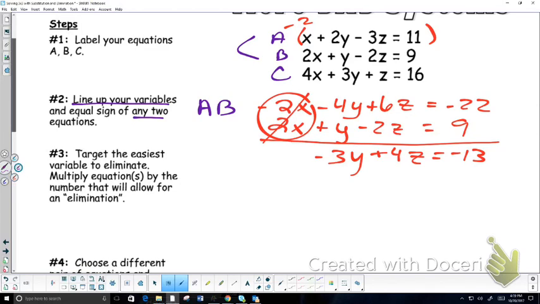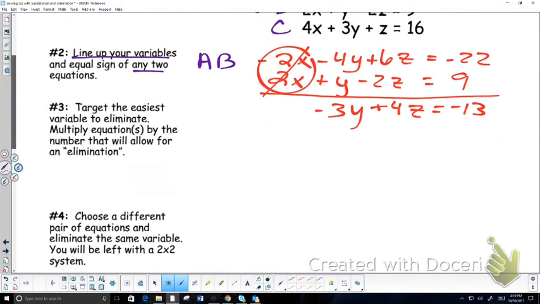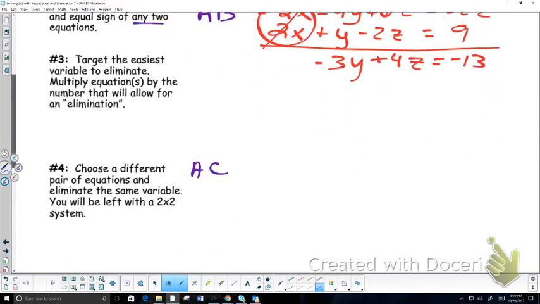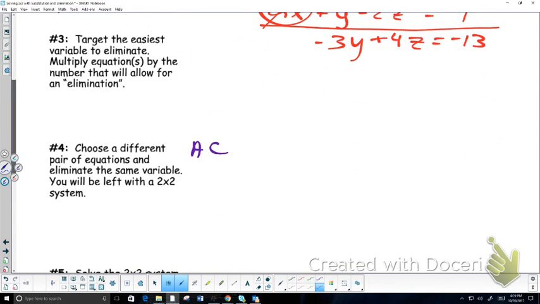So if I were doing that, maybe I could do A and C. So looking at A and C, I once again need to eliminate my x's. So if I were going to do A and C, maybe I would multiply A by -4. So if I multiply A by -4, I get